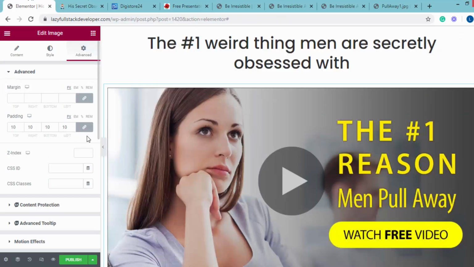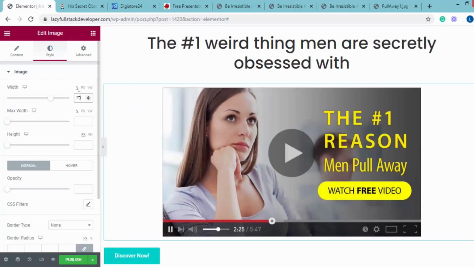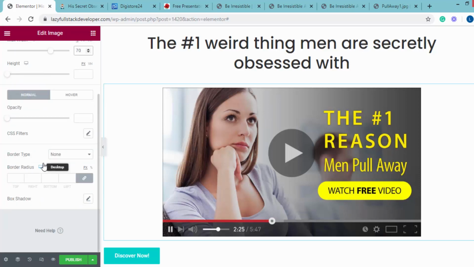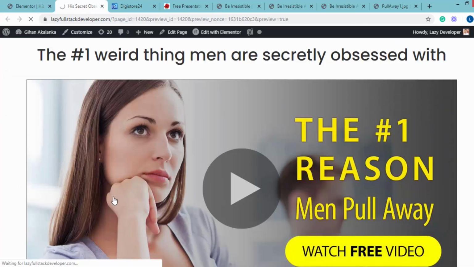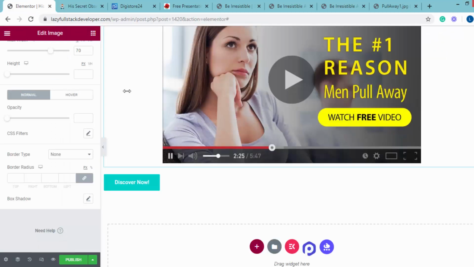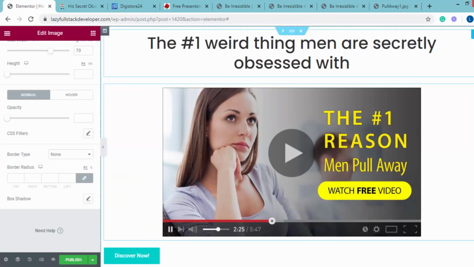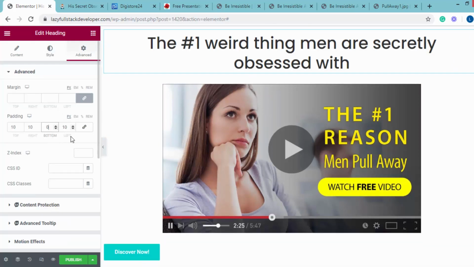To do that, I will go to canvas and click on the image, then go to style. In style, I will change the width. Let's add it like 70, and let's add the max width like 72, and that's it. Now if I check the preview of the landing page, it will look like this. Perfect. Also, in here I will remove the bottom padding,